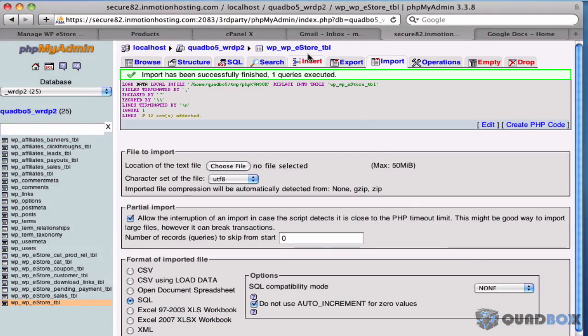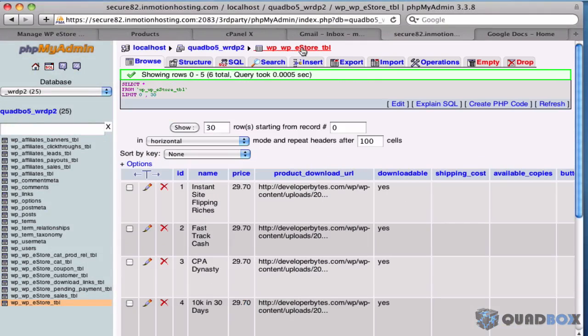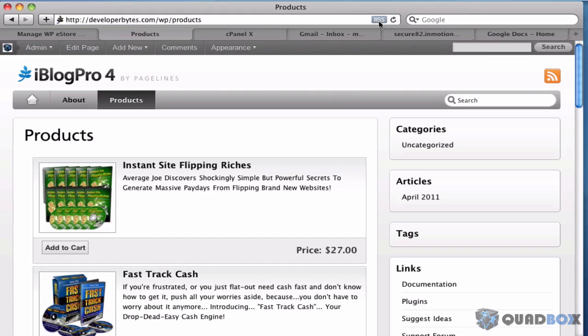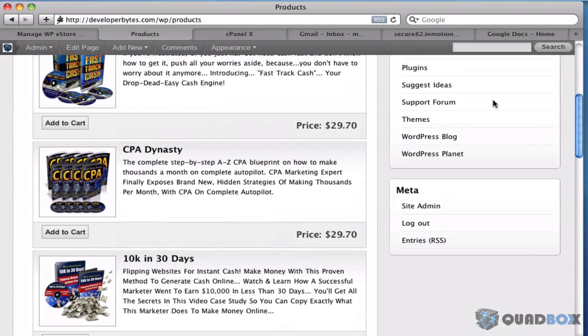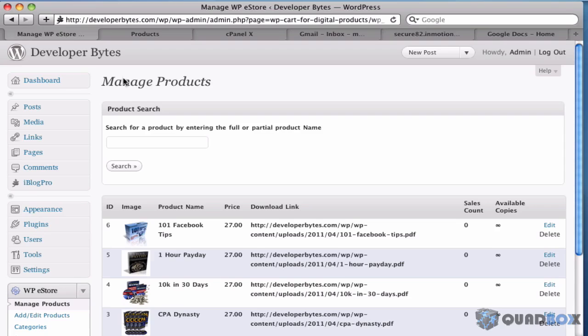Okay, so now if we go back and browse that table, we'll see all the prices have been updated to $29.70. And we can go back to my WordPress installation and I'll click refresh on that page. And now we see all the prices have been updated to $29.70. Same as if we go into the Manage WP eStore, click refresh,